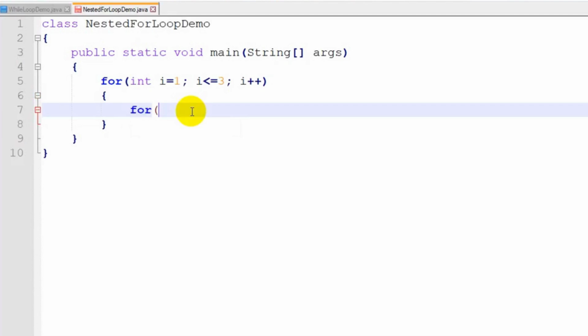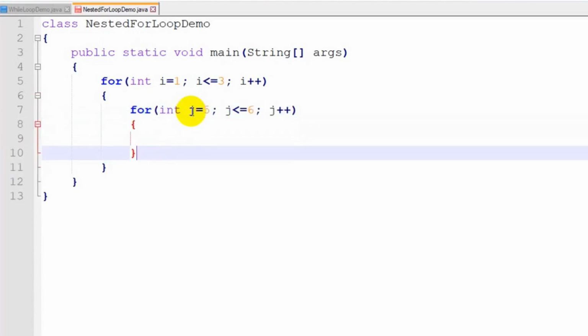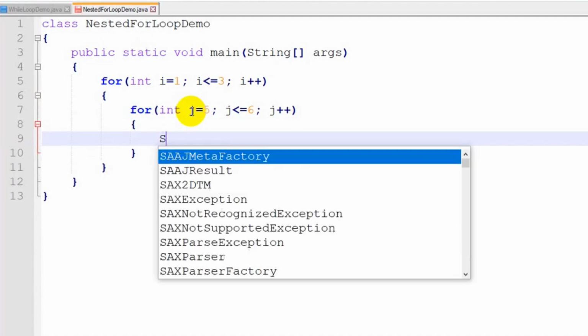Now I tell for int j equals to, I'll give it as 5. Is j lesser than or equal to 6 and j plus plus. Okay. Open curly braces, close. And what am I supposed to print here? I will print